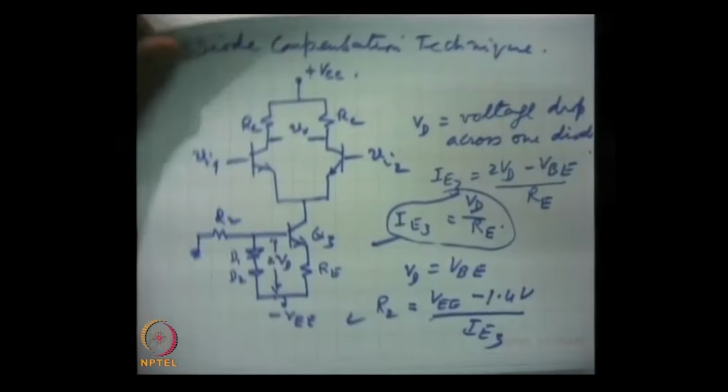So, this was the constant current source, and these were the various options which we have. Now, we define another very important characteristic by which we differentiate among different differential amplifiers, and this parameter is the common mode rejection ratio.